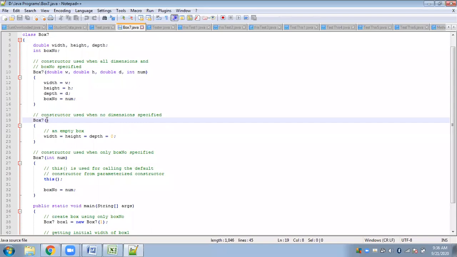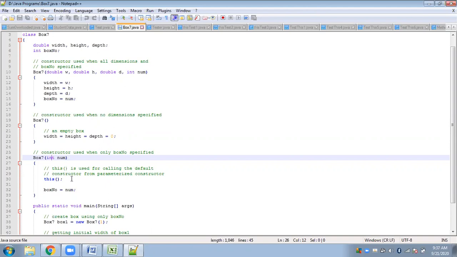Okay, one is the default and 2 are parameterized, but however here we have 4 arguments, 3 of double type and 1 of integer type, and here we have only 1 argument of int type. Okay, so these 3 are again constructors of the same class, and they will be doing different types of initializations. Okay, because they are doing different types of initializations, we can say that our constructor has been overloaded.